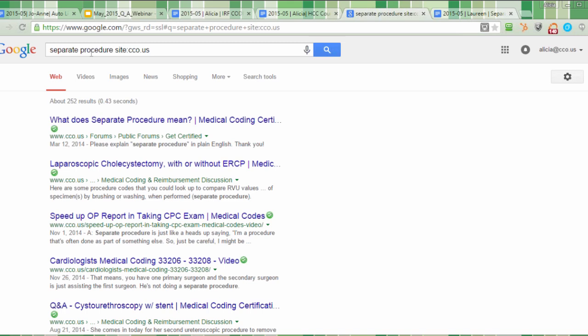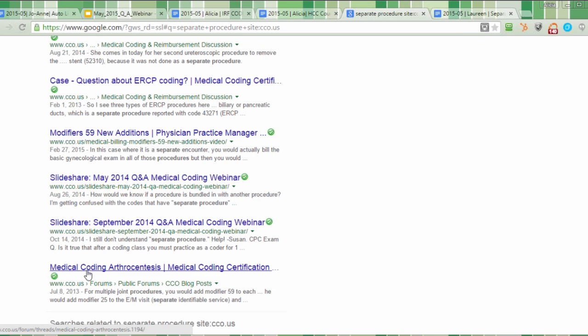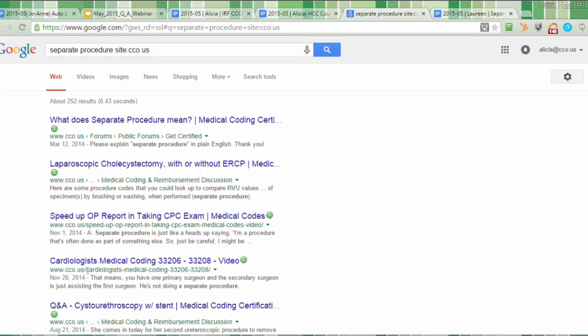And what this is doing is it's showing you all of these areas on our site alone where we talked about separate procedure. So it's kind of a neat way to, you don't have to search all of Google land. You could go to specific sites. Another one that I always go to is aapc.com. So now if you change the site from cco.us to aapc.com,